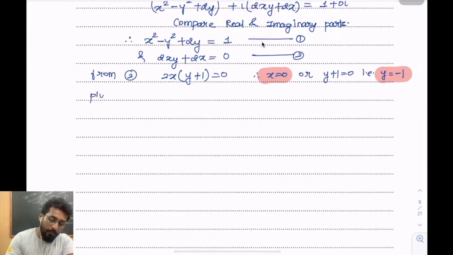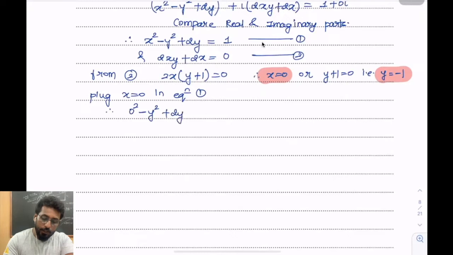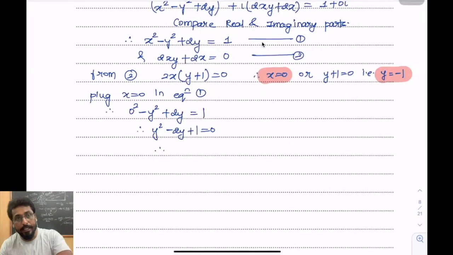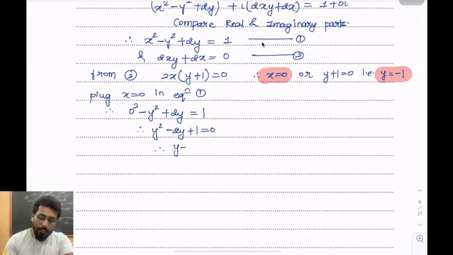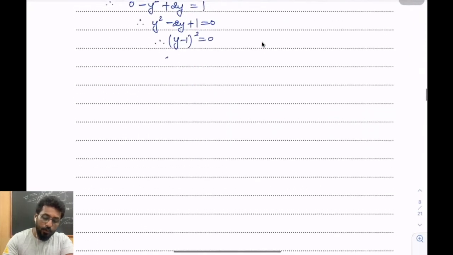Don't write like this. Plug x equal to 0 in equation 1. So that's 0 square minus y square plus 2y is equal to 1. That gives me y square minus 2y plus 1 equal to 0, right? All the terms are transferred on one side. So you get y minus 1 the whole square equal to 0. That means you get y is equal to 1,